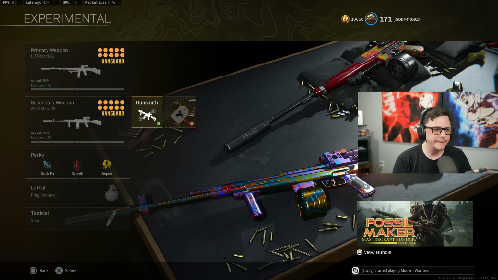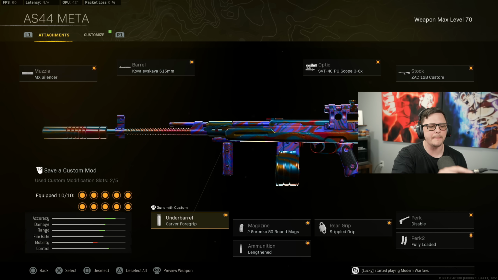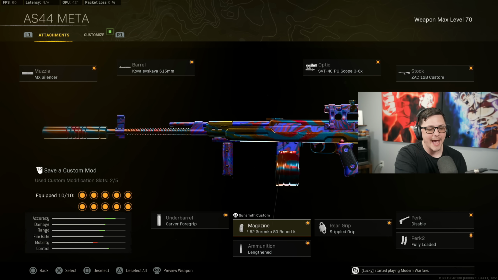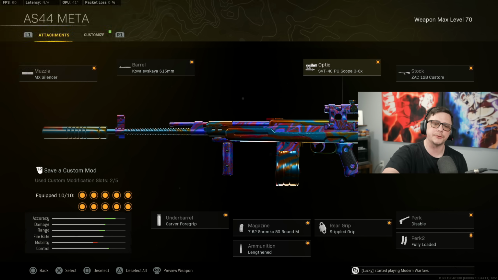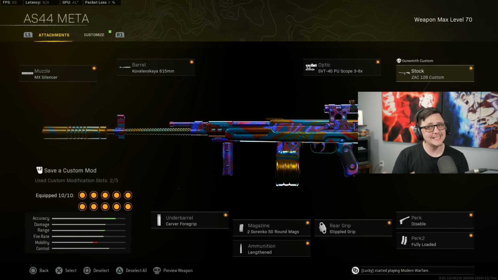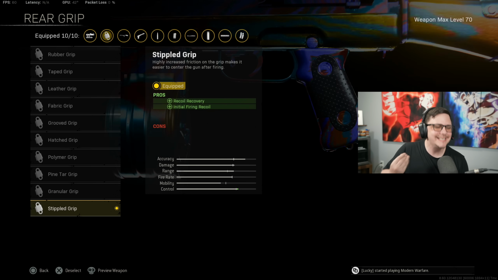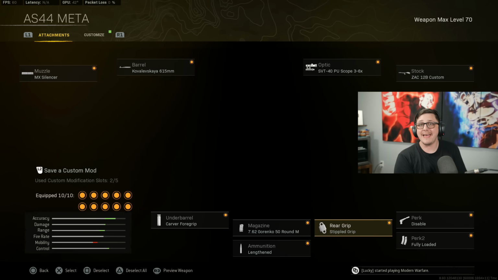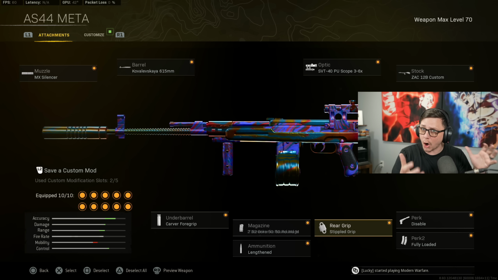Then when it comes to AS44, we have a similar scenario where we're going to use the MX silencer, the Kavalskaya 615mm Carver, because it mainly has vertical, and then we have the Gorenko 50 round lengthen, and then we're using disabled for the extra bullet velocity, fully loaded, the 3-6X, and there's only those 2 attachments. And since this is the biggest problem with the AS44, if you're going to use this for long, medium, long range, primarily on Rebirth or Fortune's Keep, it gets really hard on Caldera because of the damage per mag. Unless you're in solos, you're going to go with the exact custom, which helps with the initial firing recoil, and then stippled, which is going to help with that initial firing recoil, and that'll give you a consistent pattern. Although it is longer, like I said, you're not going to miss those first shots, which are crucial and the most